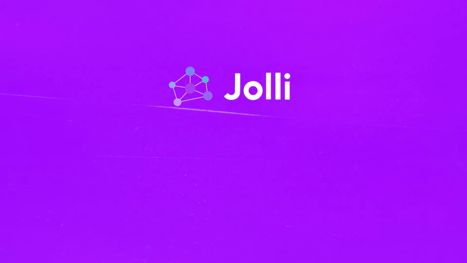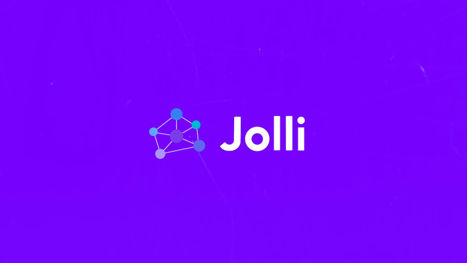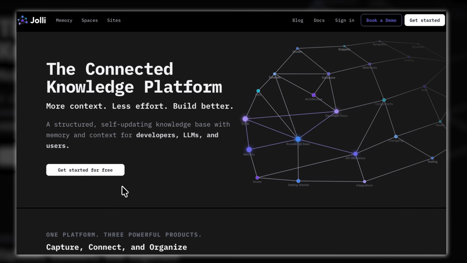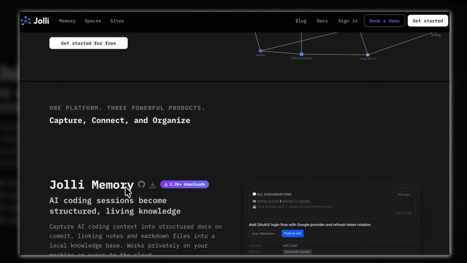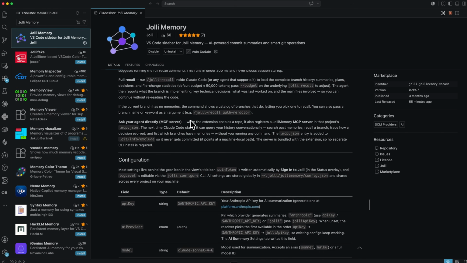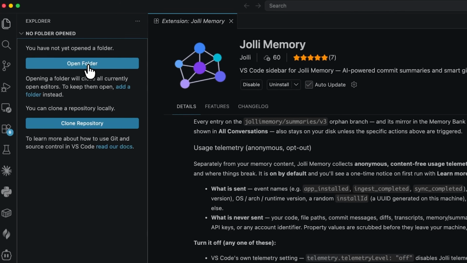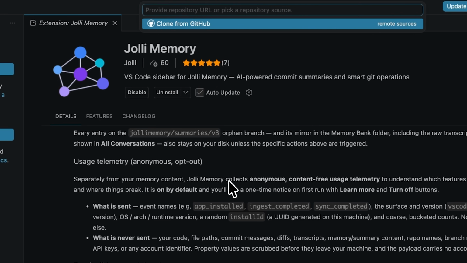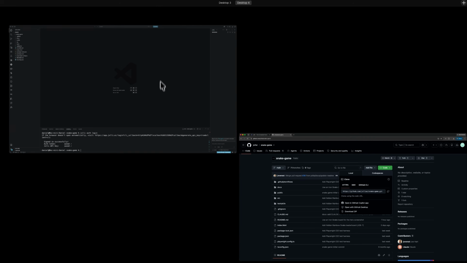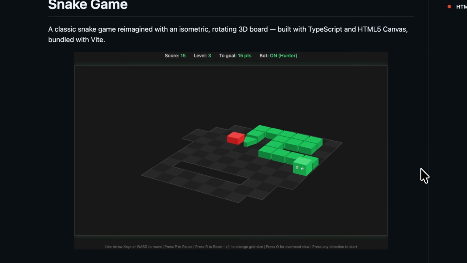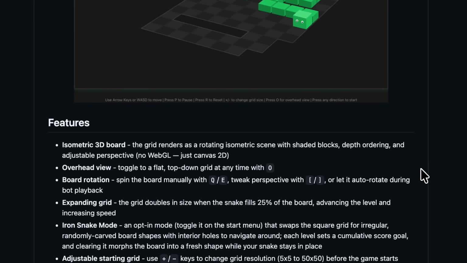My name is Daniel, and today we are looking at Jolli Memory, an extension that gives AI coding agents persistent, local-first memory. We will see what this platform stores and how it organizes a real repository. Most importantly, we will test it inside the editor and follow the process from opening an existing project to preparing